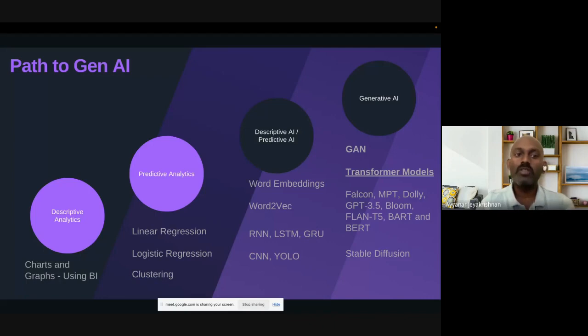So, the path towards Gen AI. Everybody would have seen us talking about Gen AI, but the path was a little different from how Gen AI started. It all started with descriptive analytics. People created charts and graphs; take an Excel sheet, people do a lot of analytics on raw data, and then Power BI or Looker. A lot of tools came up in AWS too, you can use QuickSight. So it is more descriptive analytics. The data is there, and you are building value by showing the charts and everything.